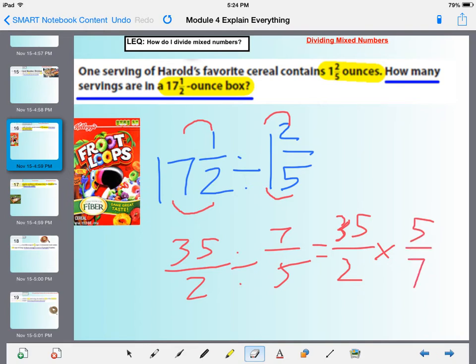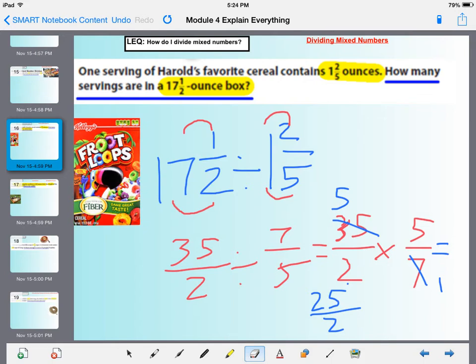In here, we can simplify the 7 and the 35. 7 goes into itself 1 time, goes into 35 5 times. My answer here would be 5 times 5. I'm going to carry it over here. 5 times 5 is 25, and 2 times 1 is 2. And so my answer here would be